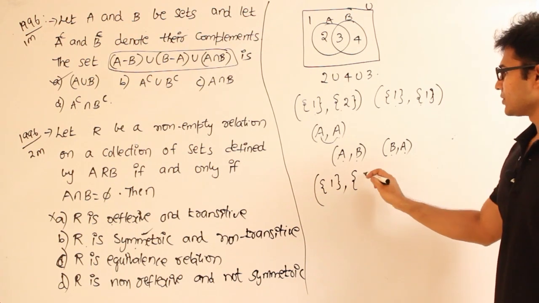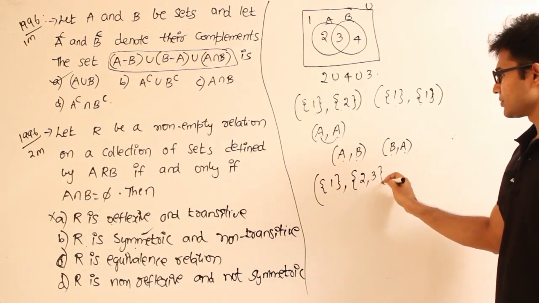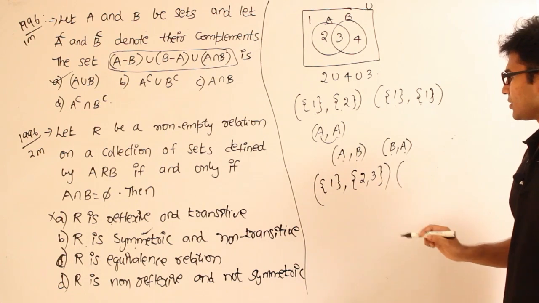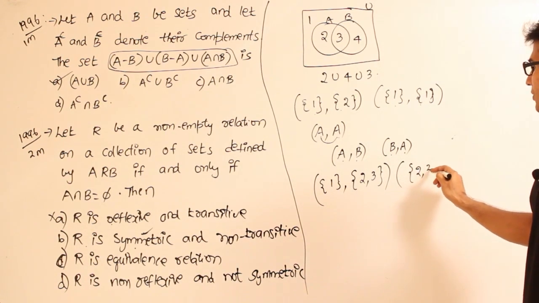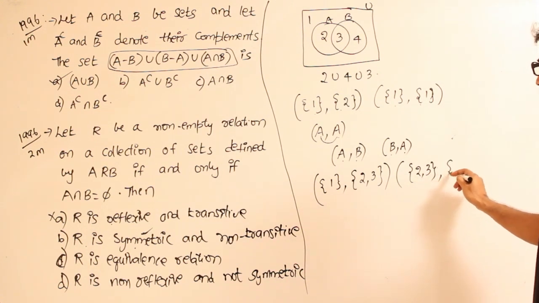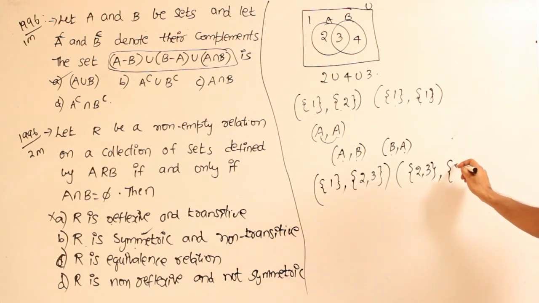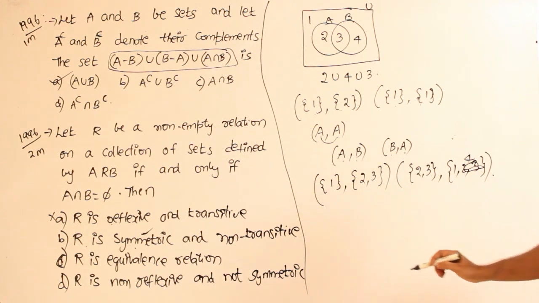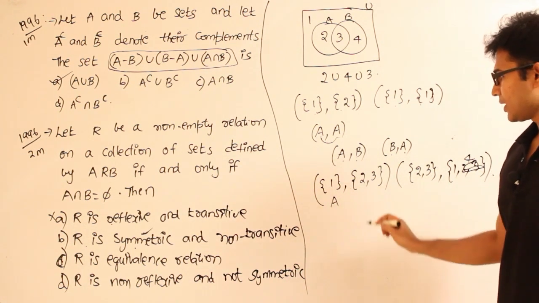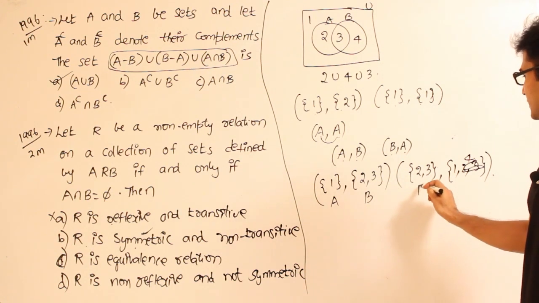Let me say these two are disjoint, which means 2 comma 3, and then 2 comma 3 and 1 comma 2 comma 3, 1 comma 4, let's say 1 comma 4. Okay, now see this, let's say this is set A and this is set B, this is set B and